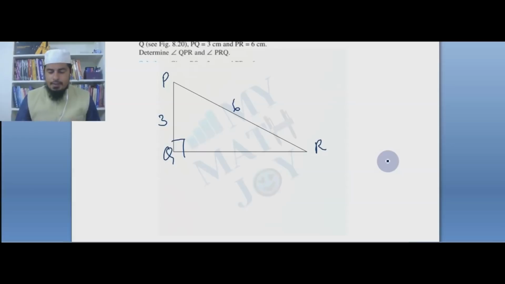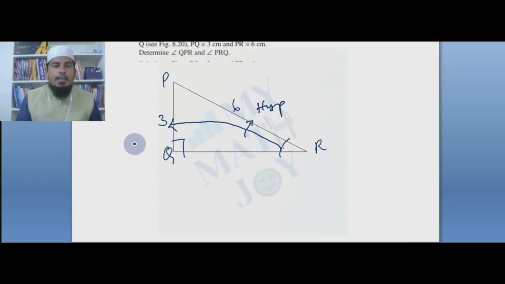So let us find R. Where is my R? R is here. With respect to R, what are the given sides? Given sides are the opposite side, see here, and this side is the hypotenuse. So I will write opposite here and hypotenuse here. Now let's think again. Which trigonometric ratio can be made with the help of these given sides? Opposite, hypotenuse. I think you got the right ratio.